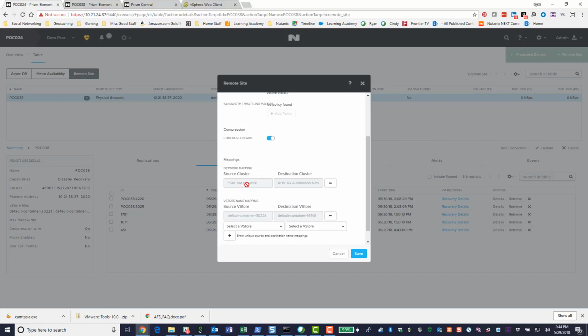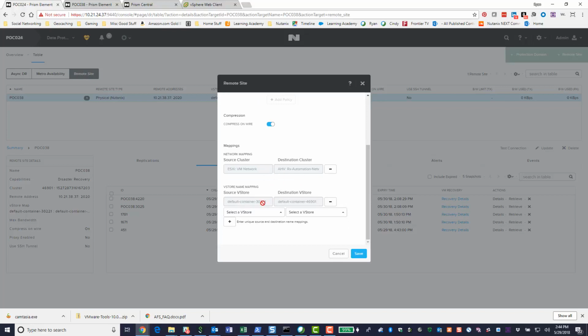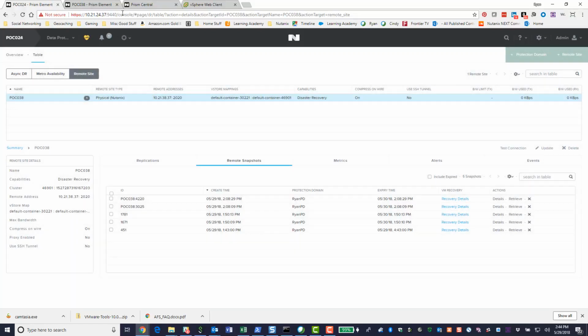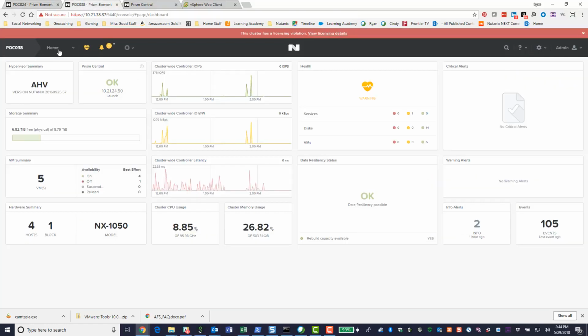I've got my networks, so this is going to be the base network for my VMs that's floating around, and then I have the back end one. I can also add multiple in case one of these fails. And then I've got my containers, and just for ease of use, I've decided I'm going to use the default containers for each of these, and let those run. So basically you save this, and then on the remote site you go to the same thing,